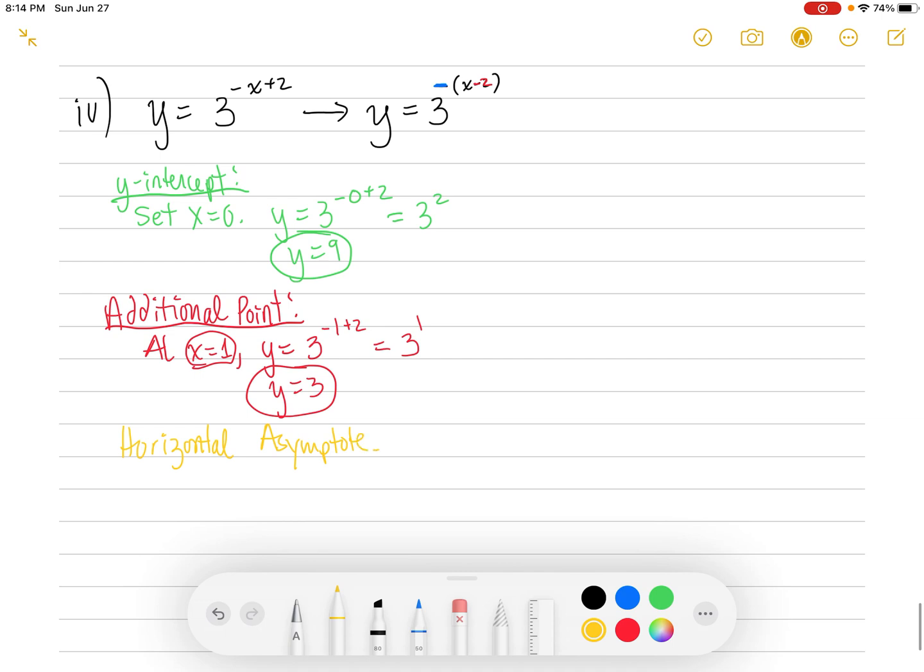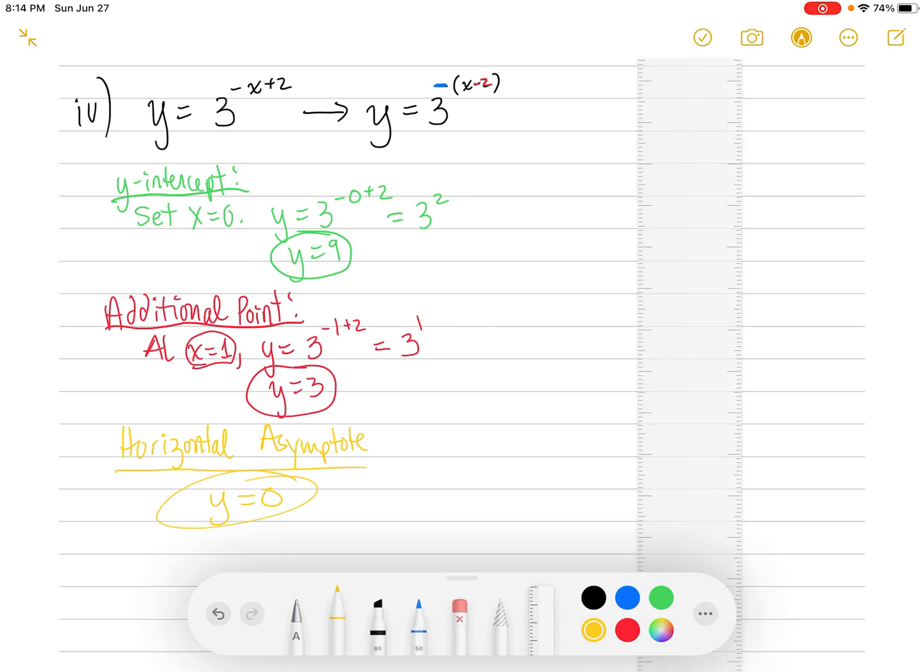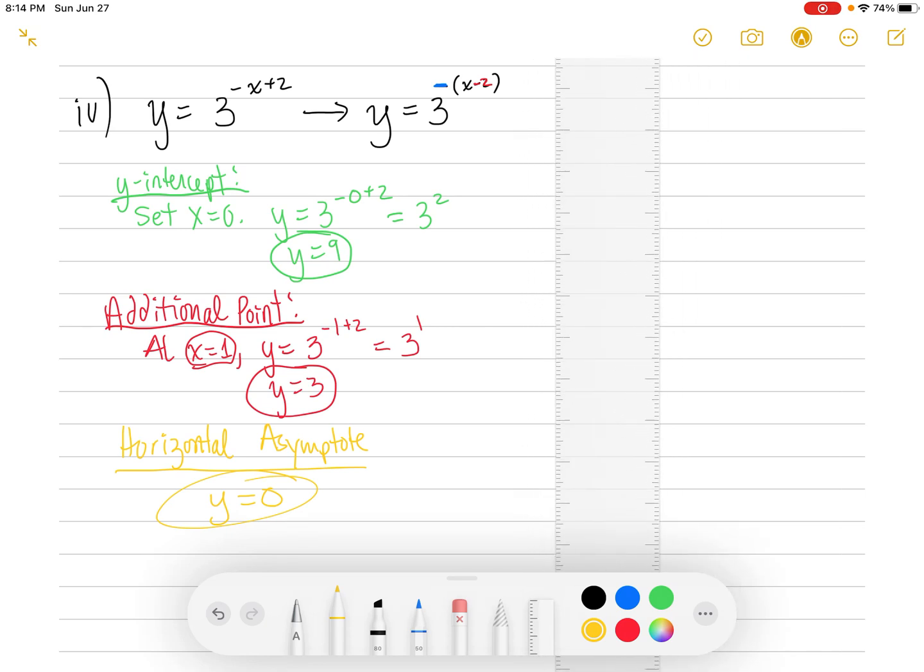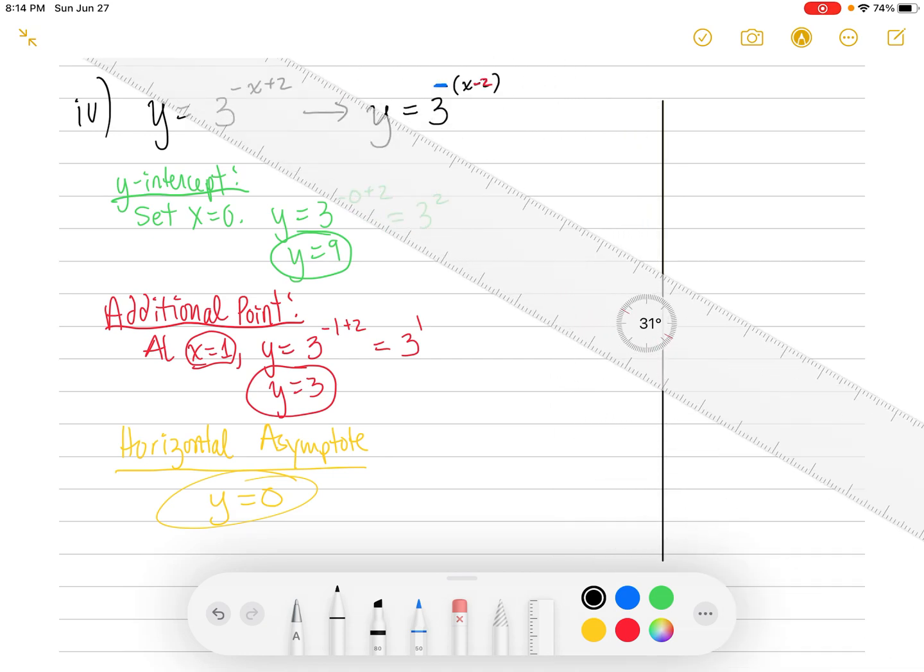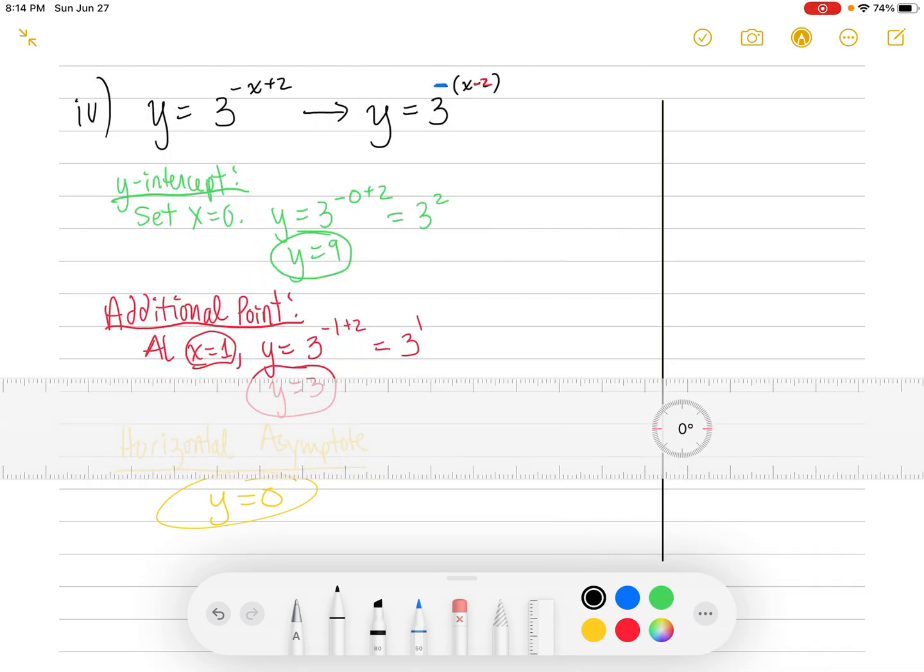That's your additional point. And what kind of asymptote are we going to have? A horizontal asymptote. Now, normally you have a horizontal asymptote at y equals 0. If you were to have a vertical shift up or down, that would shift your horizontal asymptote up or down. Now, do we have a vertical shift here? No, we don't. You only have a vertical shift if you have a plus or minus a number outside of the parentheses like that, but we don't have that. So we're going to have a shift left or right, but it's not going to affect the horizontal asymptote. So the horizontal asymptote stays at y equals 0. That does not change. If I wanted to graph this,